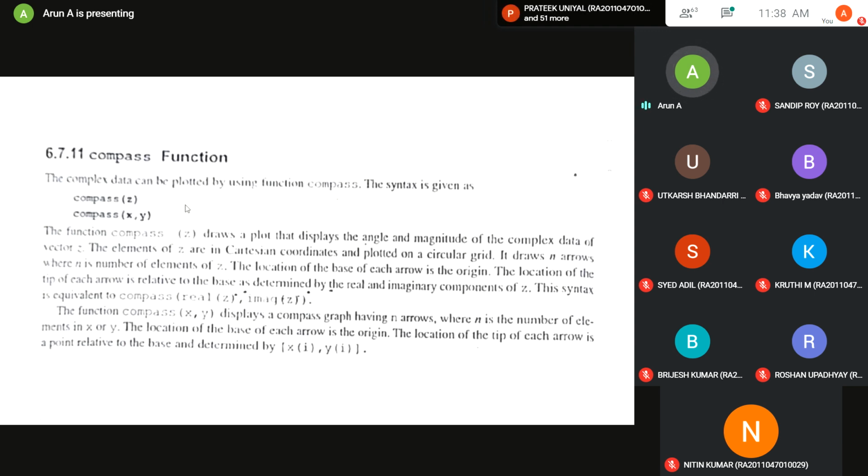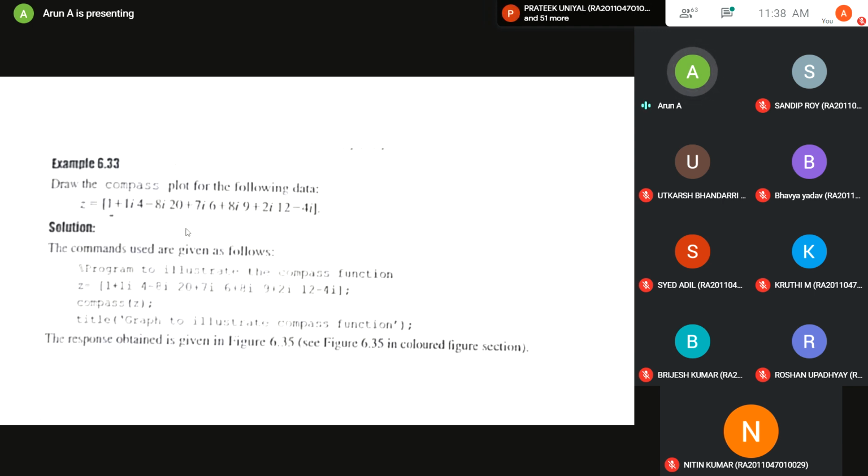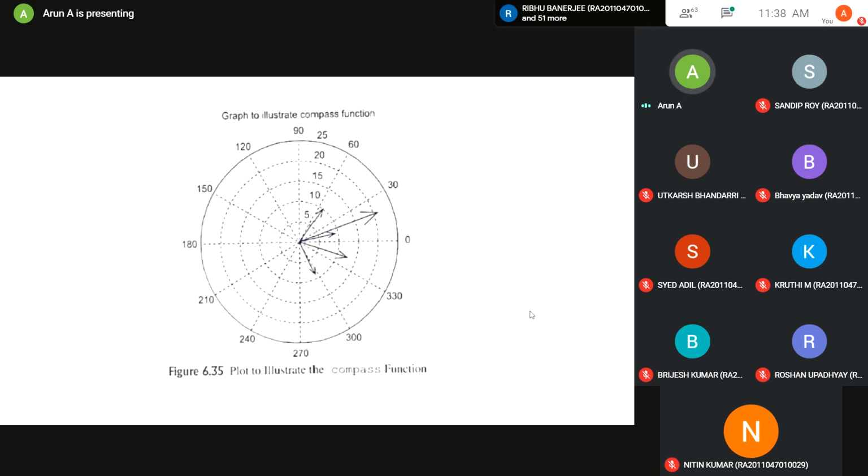Okay, and this is the question. I think if I had shown the question, you would have told the answer. It is real part and imaginary part, isn't it? So I don't want to show this. Okay, so this is the question. And you have to implement the compass function. Just include the compass so that you'll get this desired output. Okay, so till here this will be your two-dimensional plot.